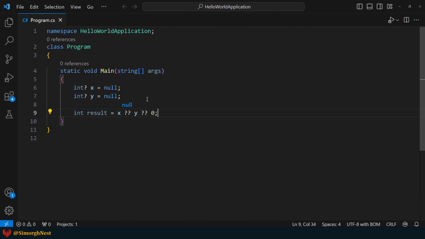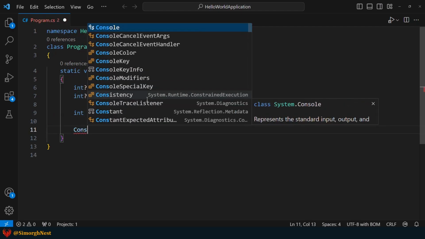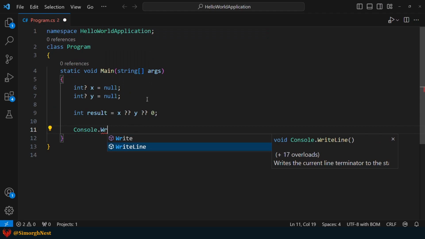Okay, the next part is null, null coalescing operator, and 0. Because the left side is null, it evaluates to 0. So the value of the result would be 0. To confirm that, let's display the result in the terminal and run the application.